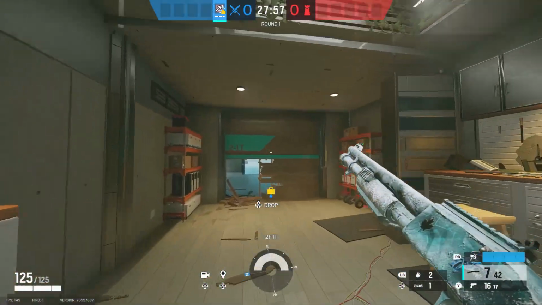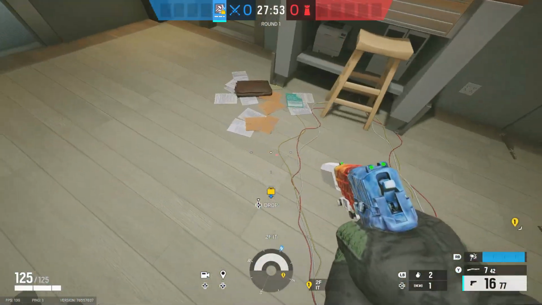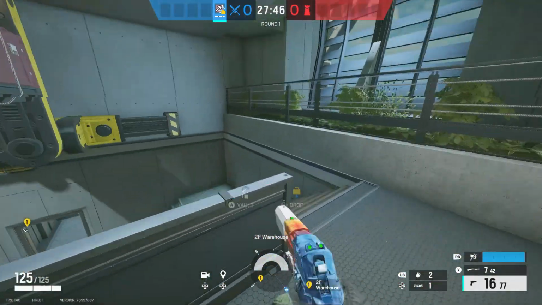But yeah, you're going to want to open this wall into IT so that you can clear out people in IT, and you want to be able to clear out anyone playing warehouse. And then set up a flank drone